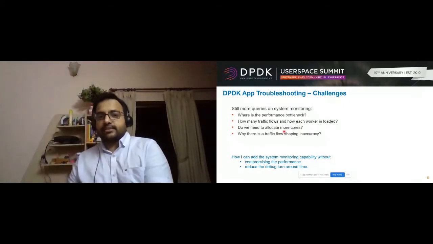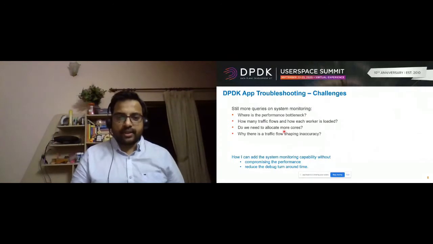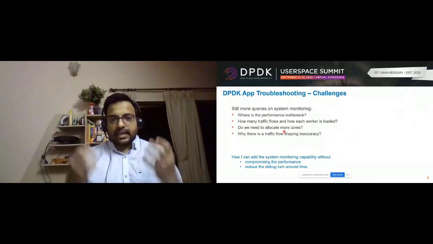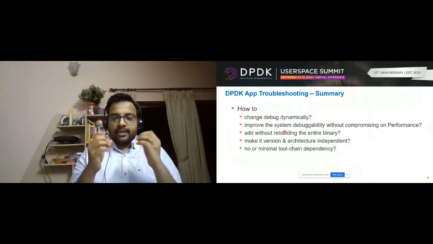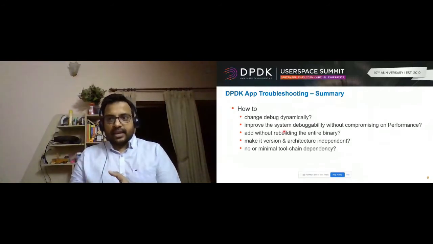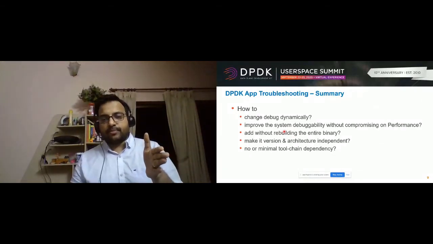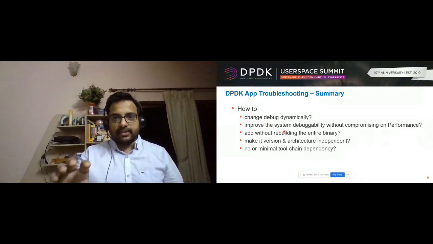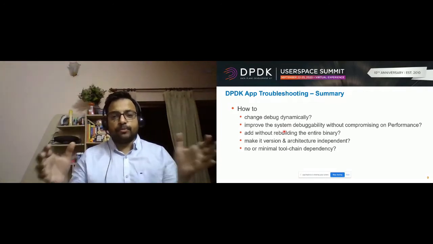Now we have stage 3 types of customers, who are acquainted with the libraries, binaries and all those things, but still there is less visibility into what is happening inside. So when we collected all the different requests, like what we see in slide 9, we came to understand that the debug requirements keep changing dynamically. The problem faced by customer 1 today is not the problem faced by them the day after tomorrow. The time taken to debug, identify, build, iterate, get telemetry statistics, compare, rebuild and deploy is too much,